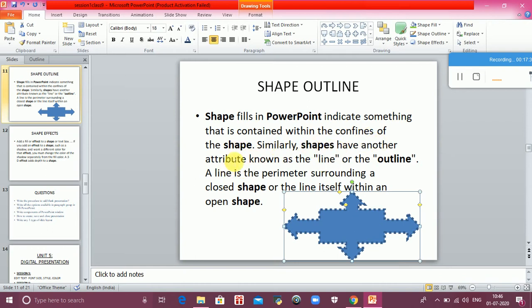Similarly, shape has another attribute known as line or outline. Like we have read earlier that we have shape fill, that will fill something inside the shape. Indicate that is contained within the confines of the shape. Something is inside the shape. Similarly, a shape has one more attribute, one more feature, that is known as line and outline. A line is the perimeter surrounding a closed shape and the line itself within an open shape.